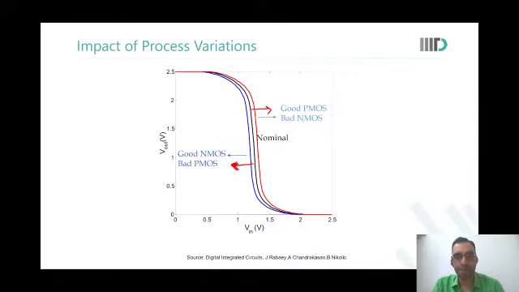Sir, it might be like the doping of PMOS is much better than doping of NMOS. Okay, so you're saying that doping could be one reason why this behavior can happen. Okay, great. What else? So ultimately, sir, we can say all these factors are leading to a change in resistance of the devices. Which factors? So I'm trying to find out beta. Beta ratio is a consequence of something.